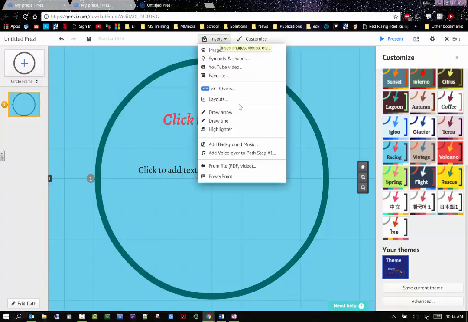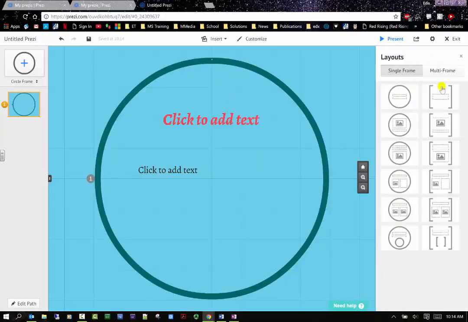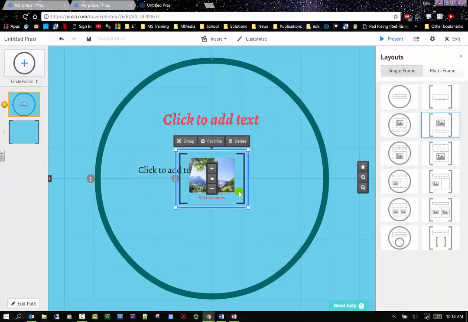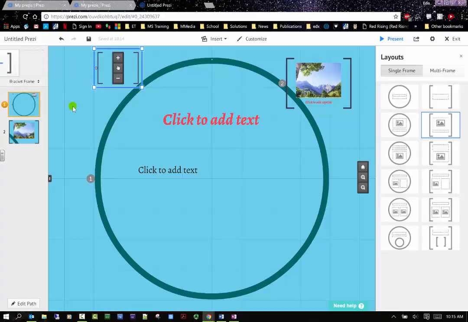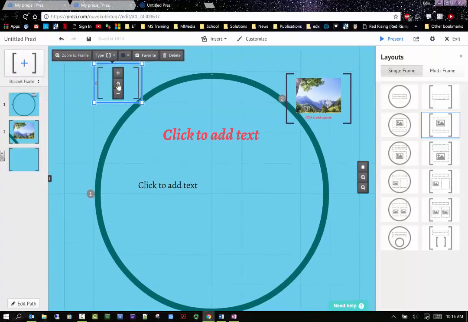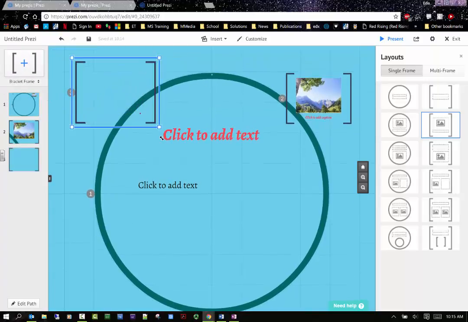So if I go into insert and add layouts, I have all of these other types of layouts that I can add. So I can say I want this one here. And so this is going to be my main screen. And then I can add as many of these frames as I want. I can also change it here, make it a bracket here, and drag these in here as well. And that's going to also create another